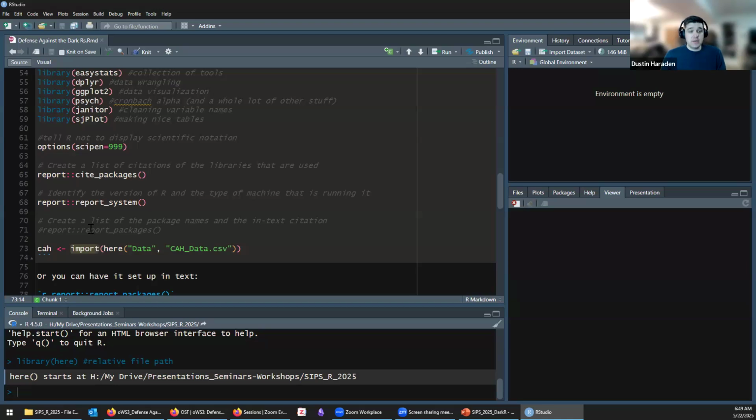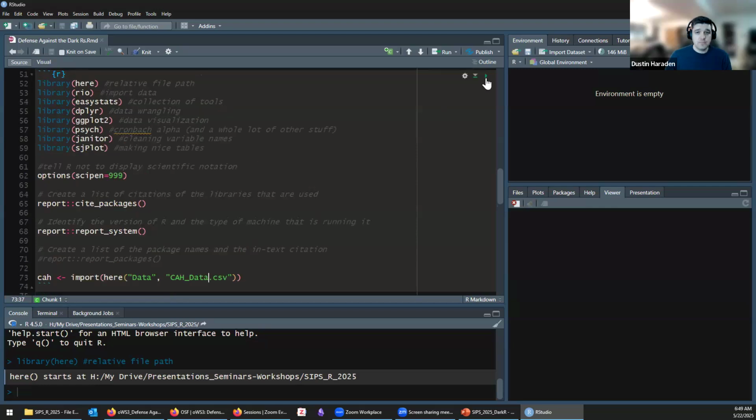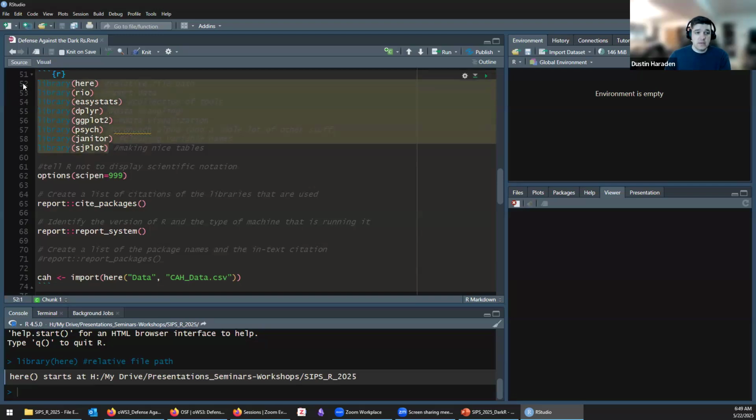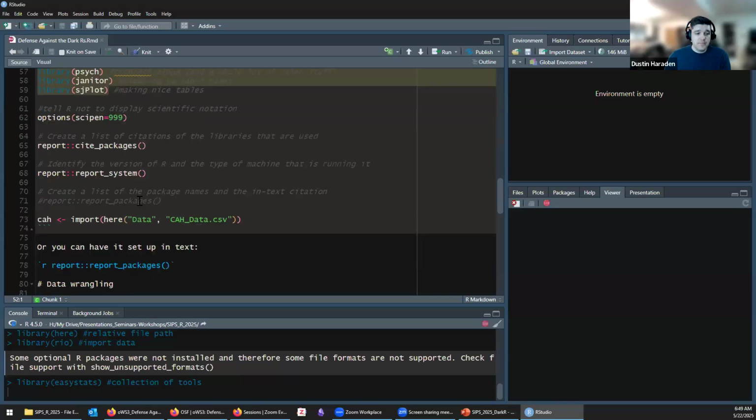This can easily import SPSS files. It's basically a wrapper that pulls all of them together to make it a little bit more efficient. So we say import, and then we want to use the here function saying, look in the data folder and grab that specific data. So I am going to take all of these, run them,